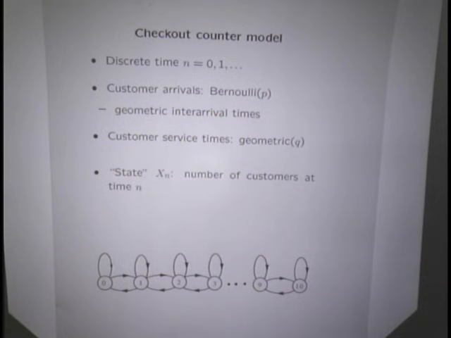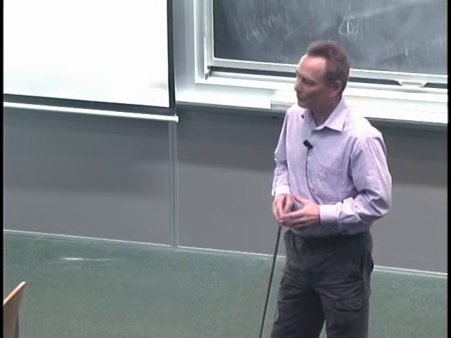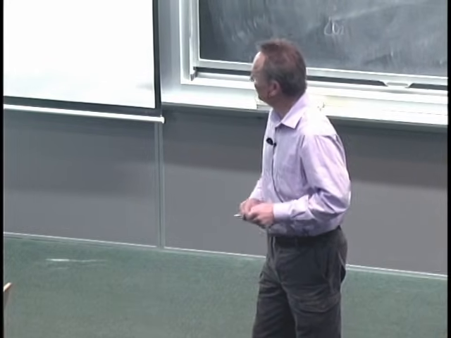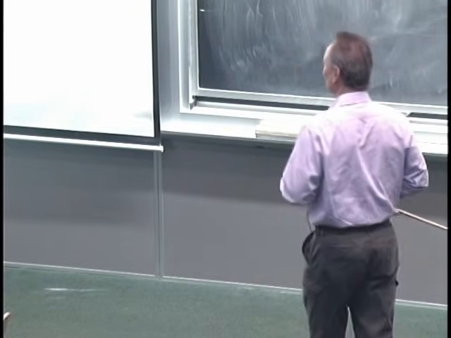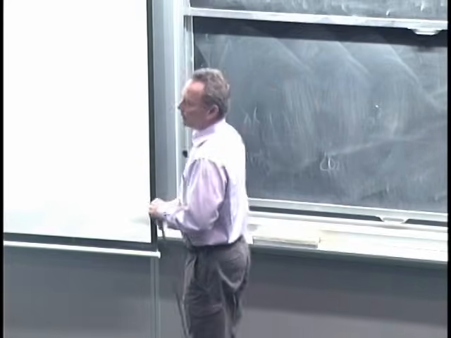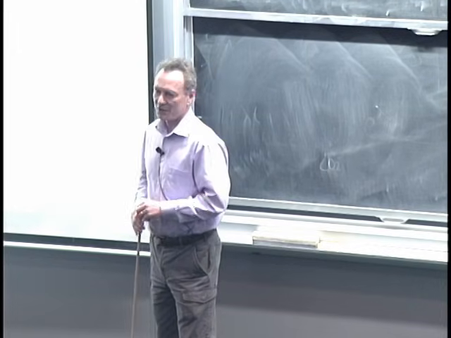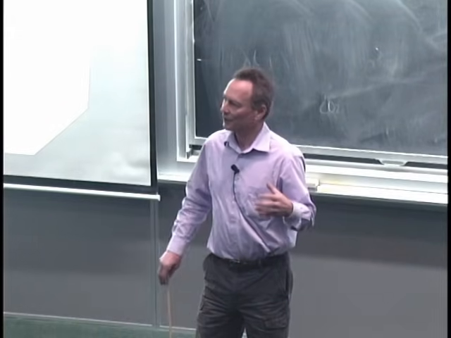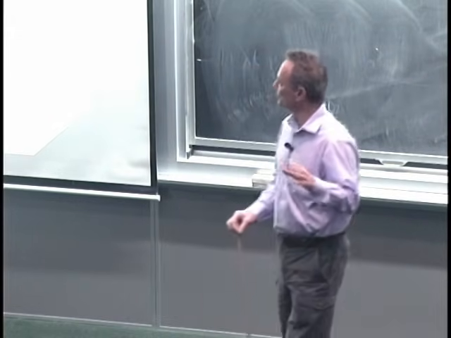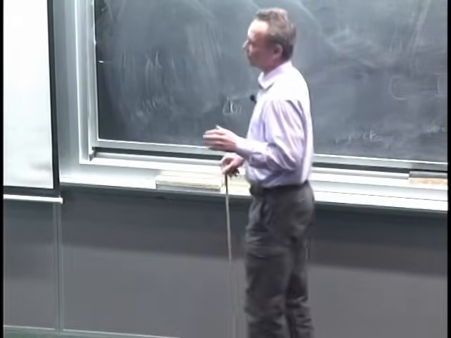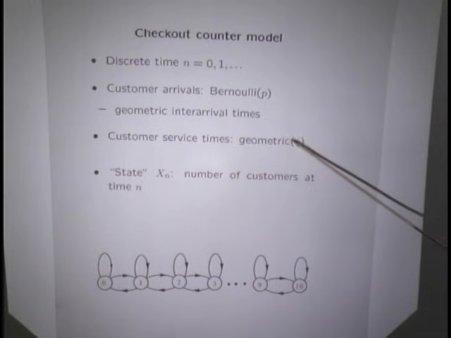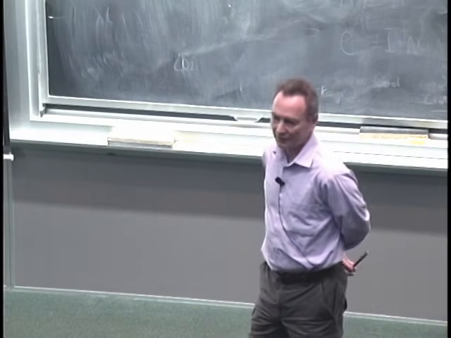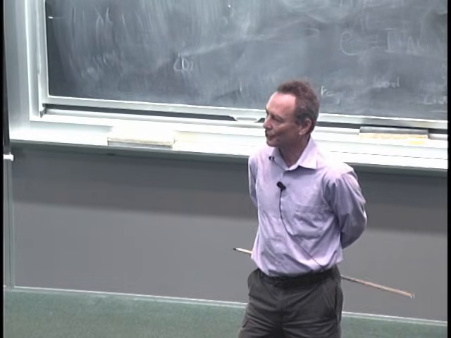So the time it takes to serve a customer is random because it's random how many items they've got in their cart and how many coupons they have to unload and so on. In the real world, it has some probability distribution. Let's not care exactly about what it would be in the real world, but as a modeling approximation or just to get started, let's pretend that customer service times are well described by a geometric distribution with a parameter q. An equivalent way of thinking about the customer services mathematically would be again in terms of coin flipping.